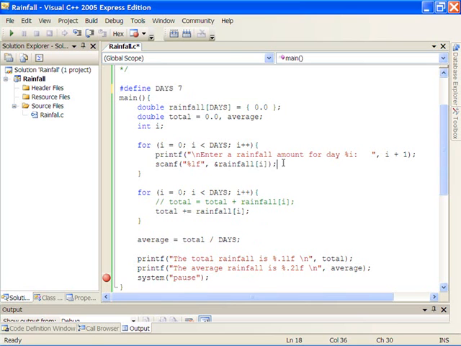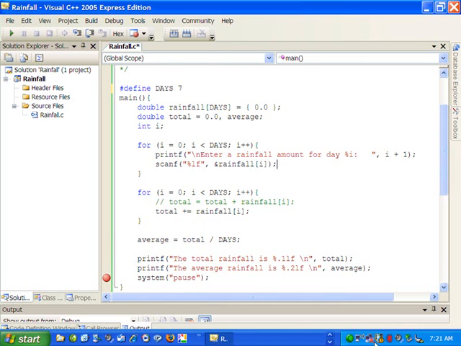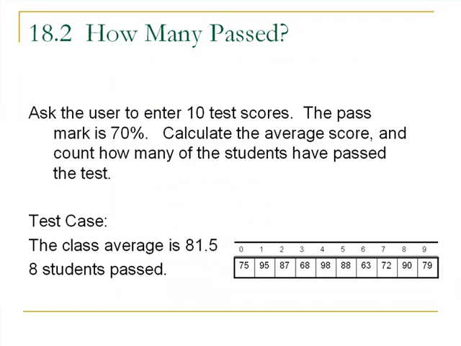Okay, let's have a look at the next spec. Well, here's our next spec. This one will just be a little bit more interesting. We're going to ask the user to enter some test scores, and there'll be 10 of them this time. So our objective is to read 10 integer values into an array, and we're going to calculate several things about these numbers. We're going to calculate the average score,